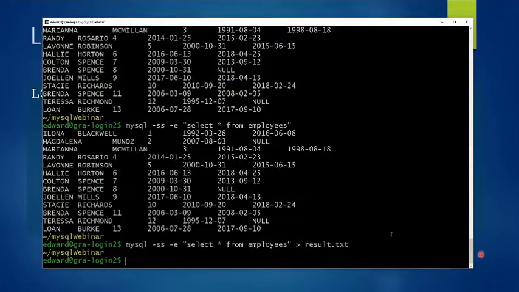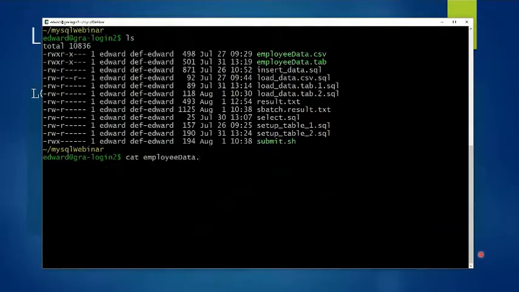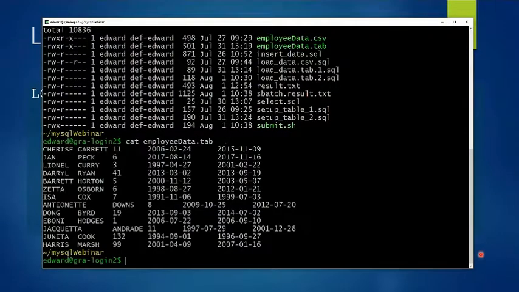So if you see here, employees data.tab, I use tab to specify tabular delimited file. We've got a file with just data. There's no quotes around the strings in this case because it's a data file, not an SQL command. We are going to,